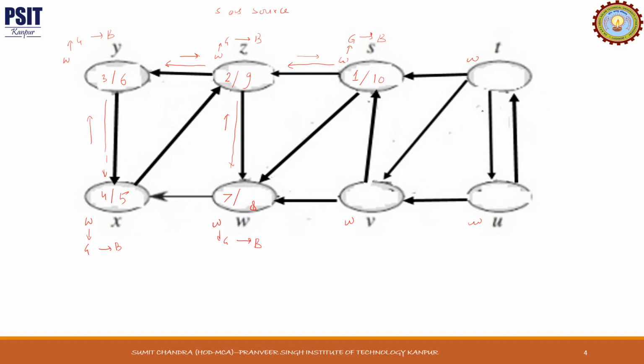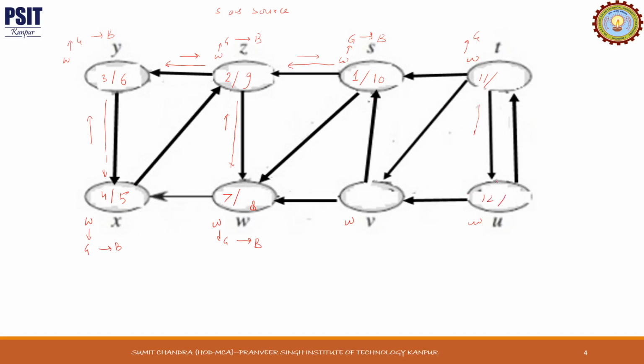Okay, so now these are the vertices which are left, which do not fall in this particular path, so we'll choose a vertex as a source vertex again. Any vertex I can choose as source vertex. Suppose I'm choosing T as source vertex. The last timestamp was 10, so I will allocate 11 as start time here, and its color will be gray now. From T I can go to either V or U. Suppose I'm coming to U. I'm choosing this path. So here start time 12.